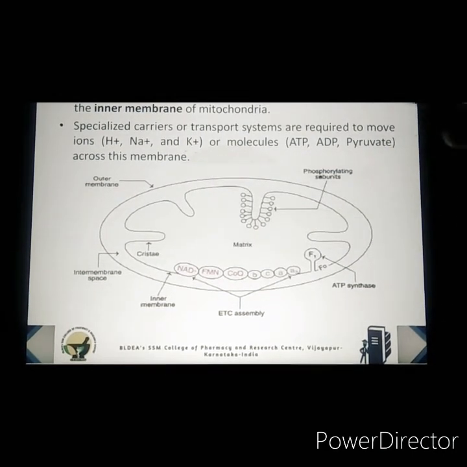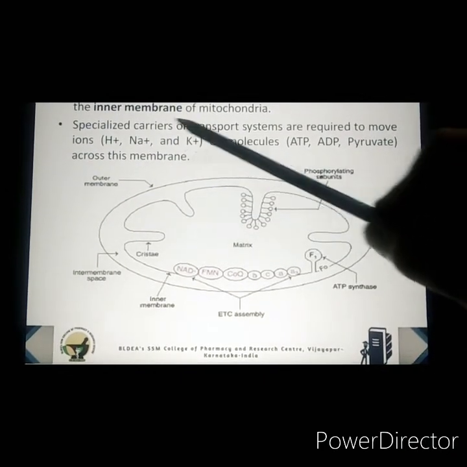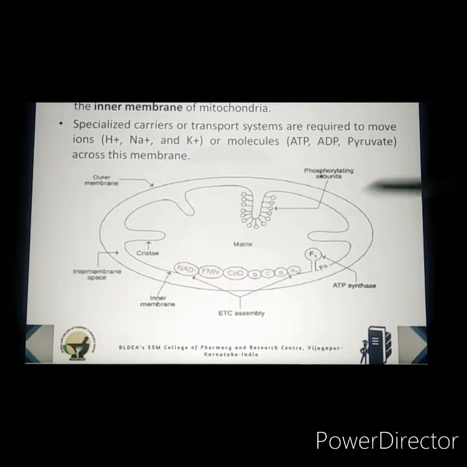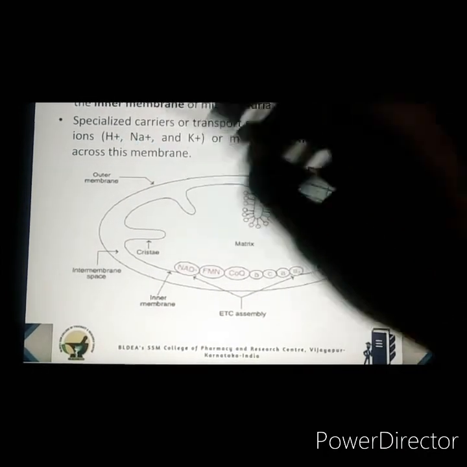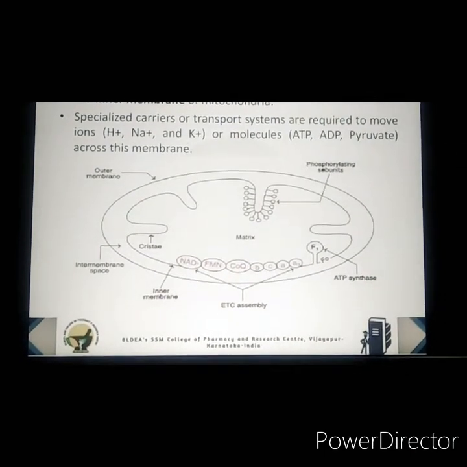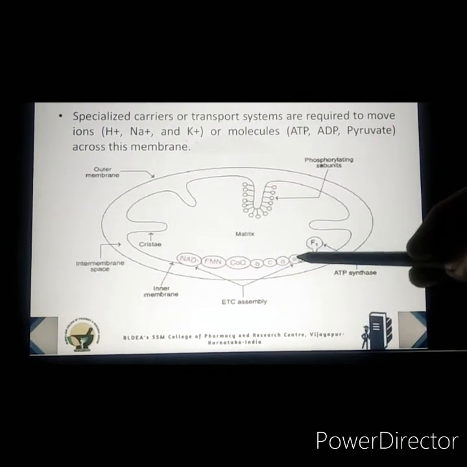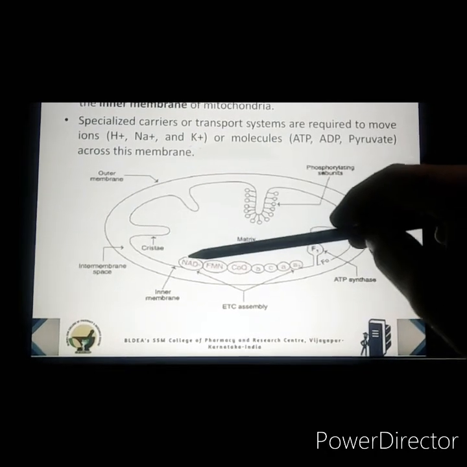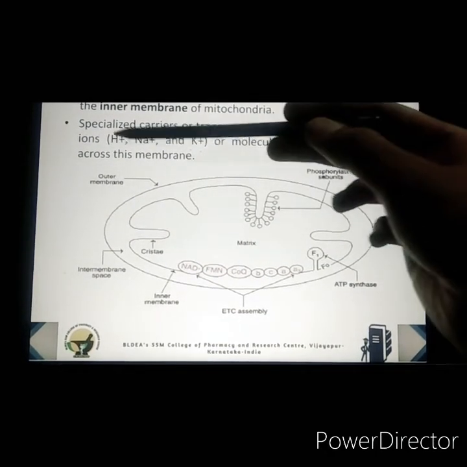And also you have to make a note that hydrogen, sodium and potassium are important ions that are responsible for the final generation of ATP, and specifically the hydrogen ions are very important, because most of the oxidation and redox reactions taking place during the ETC release hydrogen ions. You can say that whatever reactions take place during the ETC, there is a transfer of hydrogen ions along with